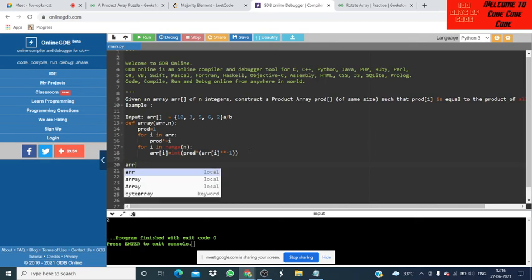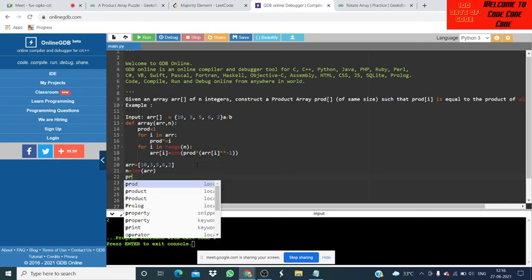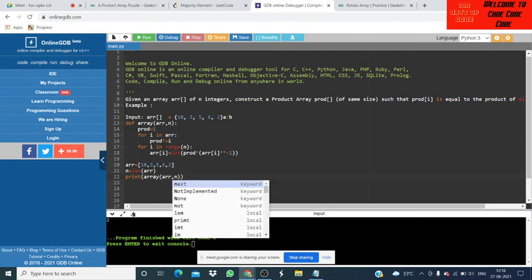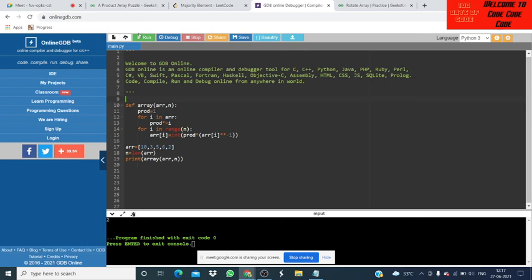So we will take array in 3, 5, 6. Then we will take... Oh, I forgot to return the array.